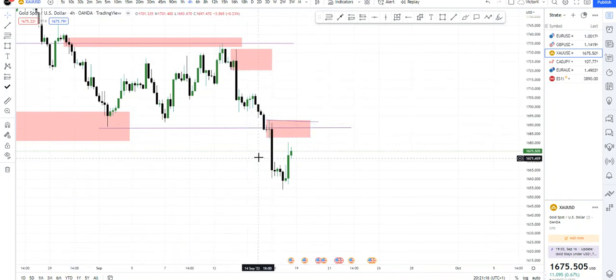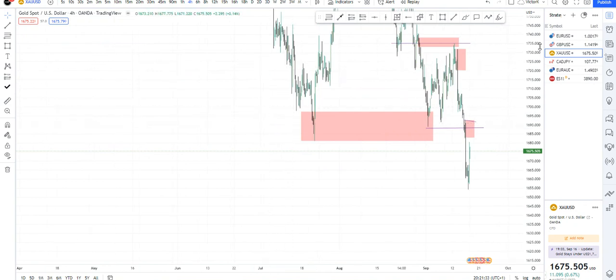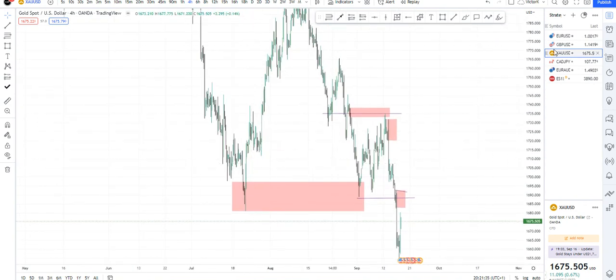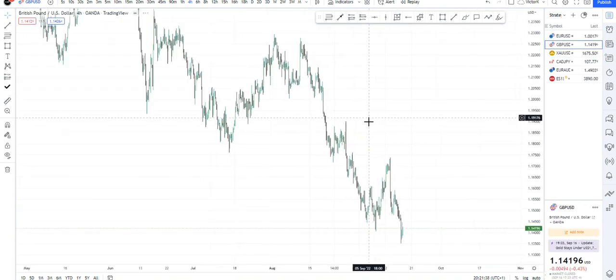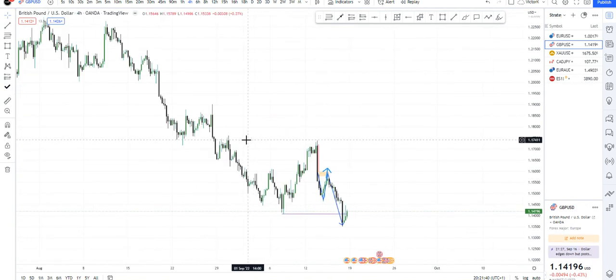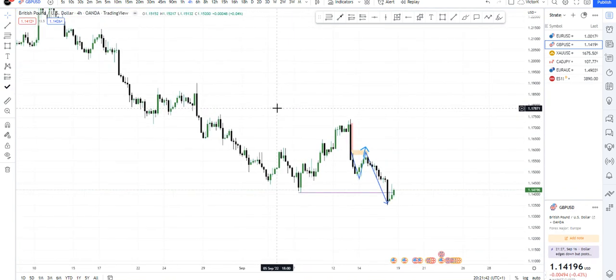So as long as you are still in this move, just be selling from the most recent imbalance, until you have a reversal, then you now expect price to make a deep correction into the first imbalance. So that's pretty much it. Like in this GBP USD, I was expecting